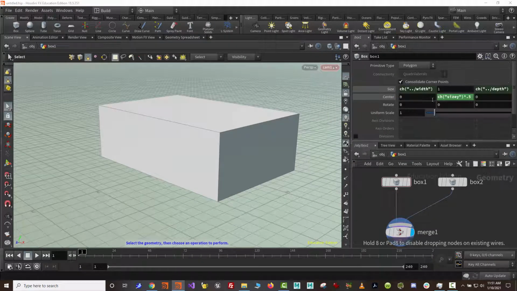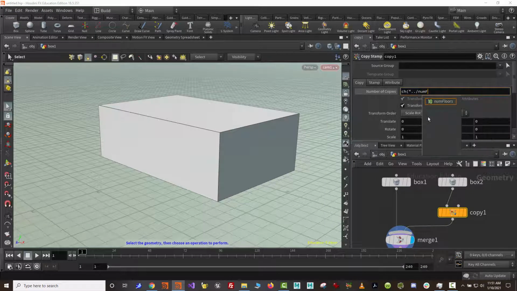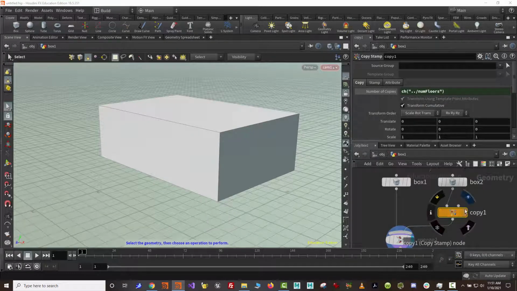And again, lots of different ways we can do this. But we're going to create a copy node. And again, I'm going to refer to that number of floors. And go ahead and trust help you. Okay, so right now I have 0 floors. I have 0 second floors. And I have 1 first floor. And I probably should call this